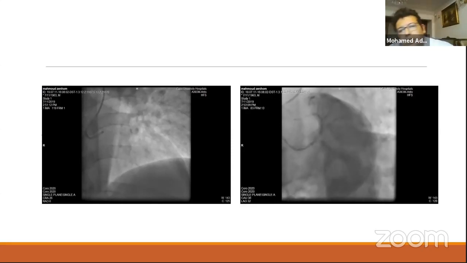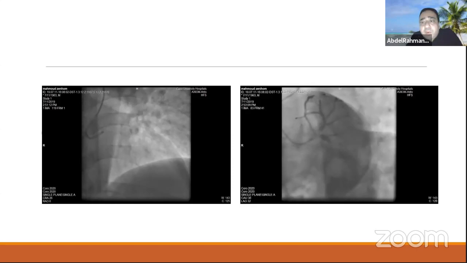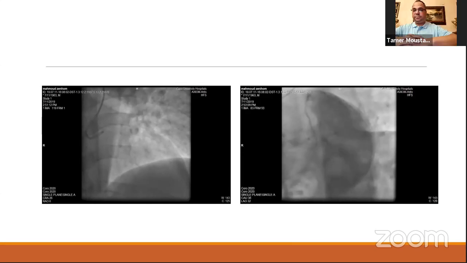Regarding the coronary angiography, we can determine the culprit because we have a thrombotic occlusion of the LCX. So I think we have a clear culprit, although determining the culprit in non-STEMI cases may be somewhat difficult.